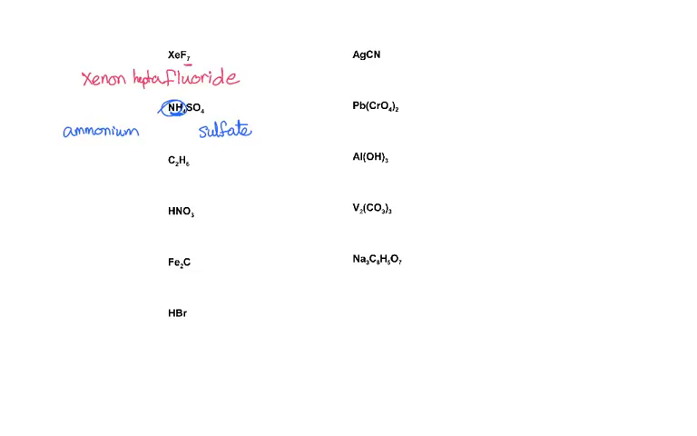So basically, write the name of the first one, write the name of the second one. If it's covalent, you add prefixes. If it's ionic, you add parentheses if you need them. If it's an acid, then it has its own way of naming. Alright, next one,